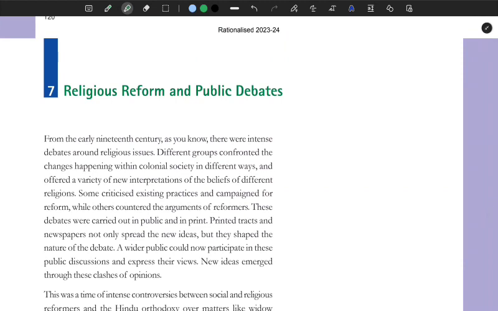So social reforms, fear among Muslims, print and Hindus. So social reforms led to debate and confrontation around religious issues, emergence of new ideas, intense conservatism between social and religious reforms, and Hindu orthodoxy. मतलब एक original का, okay, and counter publications to prove their point. Next, we need to talk about